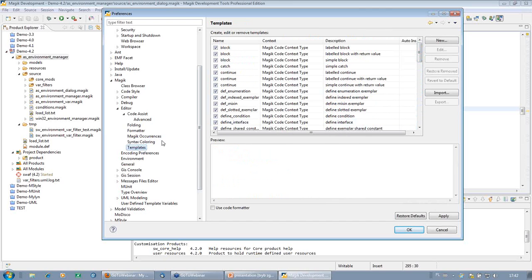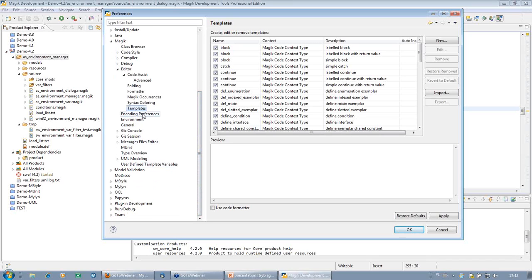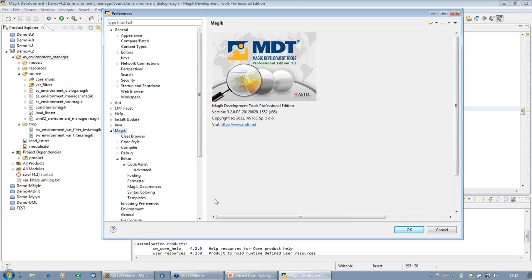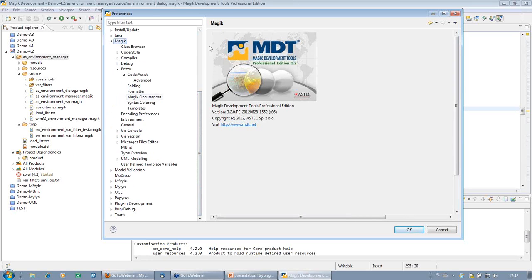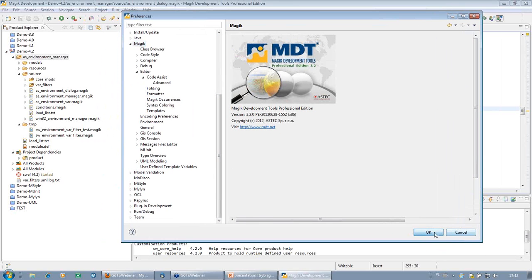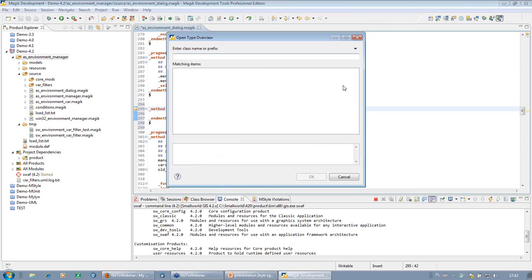in my editor. Of course, all of the preferences can be exported in a very simple way to our colleagues or team members. So I recommend taking a look at the preferences, and there you will find everything that is very useful in MDT. Okay, so for example, there is something like an Open Type Overview editor, which gives you information which is